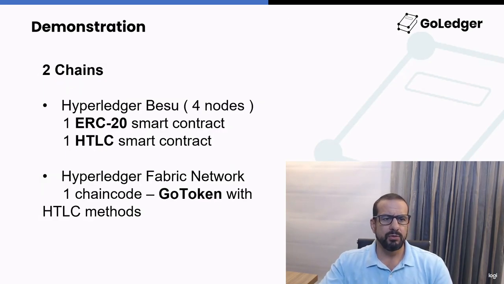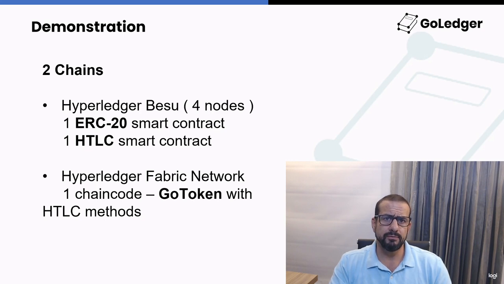In order to make this demonstration, we will deploy two chains, one in Hyperledger Besu using 4 nodes. That's going to have one ERC20 token and another HTLC smart contract that's going to control the first chain. And the other chain is going to be deployed with Hyperledger Fabric using a chaincode for UTXO tokens. That is called GoToken with some HTLC methods. If you want to know more about UTXO tokens, please consider watching one specific video that we have